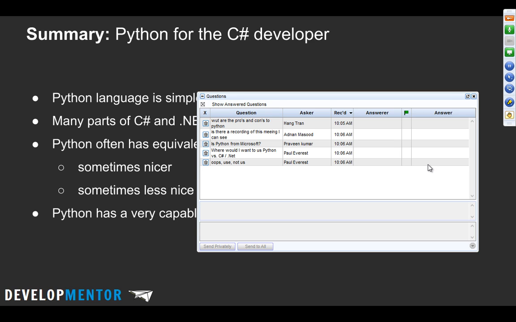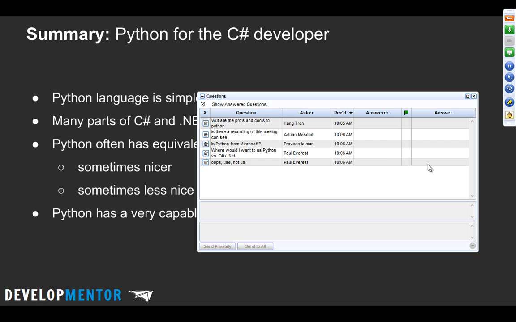Where would I want to use Python versus C# and .NET? So this sort of gets to the pros, which I didn't quite finish answering. If you want to do something cross-platform, it's super easy with Python. Literally I could copy all the code over to my Mac or to my Linux VM and just type python this, or add a line to it and just type the name of the file, and it would run, and it would run fine. You can't do that with .NET. So anything cross-platform. I think the other benefits get to be a little more subjective, more up to the developer.